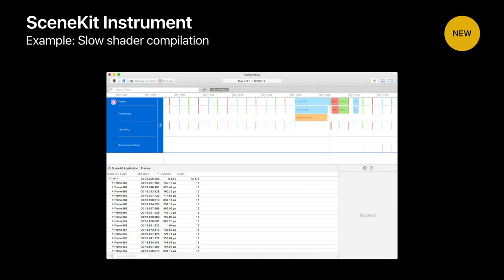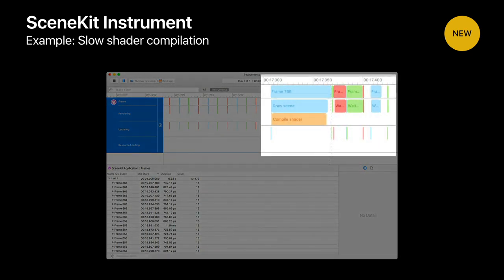And let's see how it looks when we have a skipped frame. This is a very simple example. You can see that all the frames are very short to render, and that at one point, we have 1 frame that is taking the time that it would take normally for 4 frames to render. And when we dig down to see what exactly is happening, we can see that a new shader was compiled, and it takes a lot of time. In this case, we can now maybe try to find a strategy to load the shader at the start of the application.